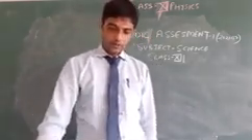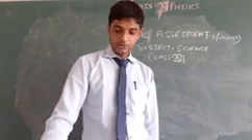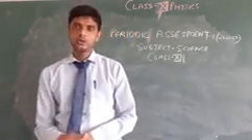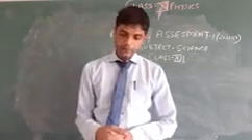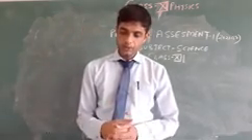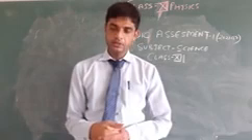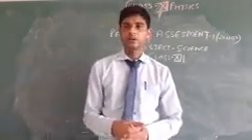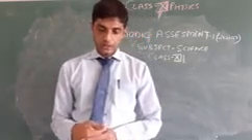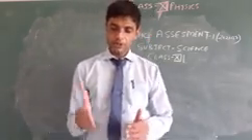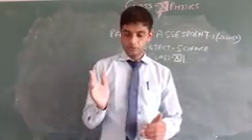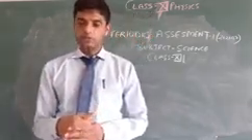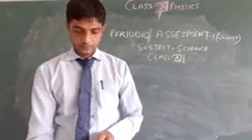Part B: two charges minus Q and plus Q are located at the coordinates of A (0, 0, minus a) and B (0, 0, plus a) respectively. How much work is done in moving a test charge from point P, with coordinates (7, 0, 0), to point Q, with coordinates (minus 3, 0, 0)?